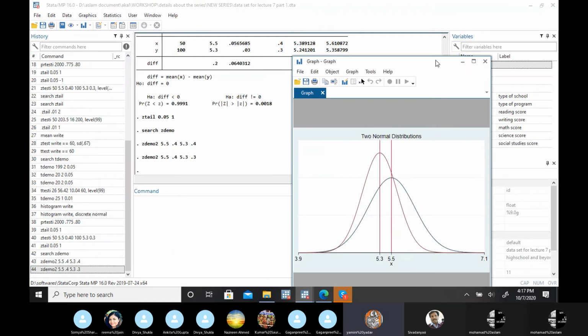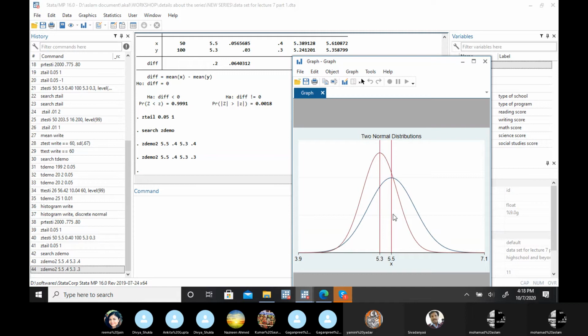You have to use Z demo 2. Oh, okay, the command Z demo 2. I don't know where this inbuilt function is, but definitely it is in this package. I'm just trying to show you this critical range acceptance procedure. Otherwise, we don't require it. But yes, if you want to compare or see the distributions, then you can use these packages. Is it done? Z demo 2 you have to use.